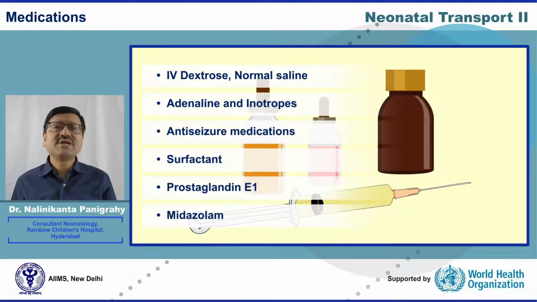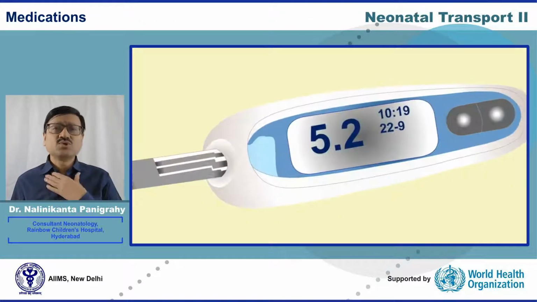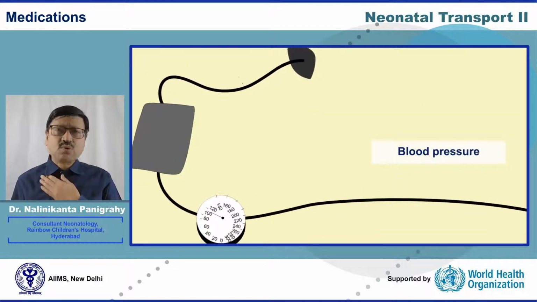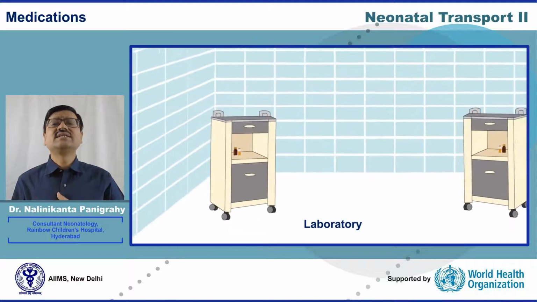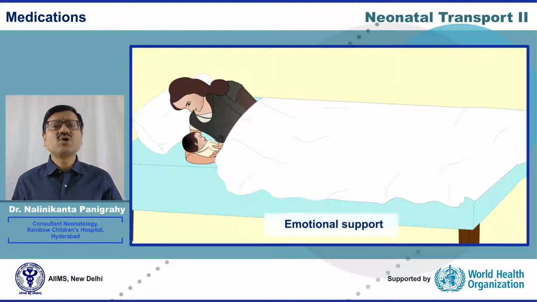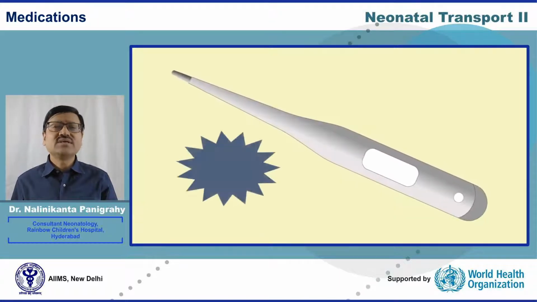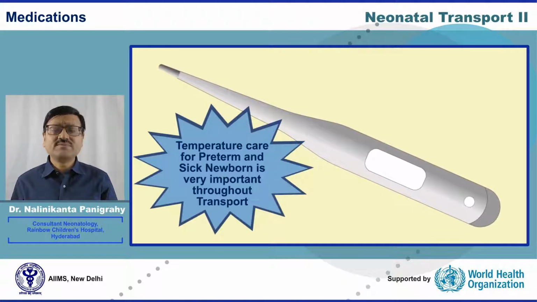So these are the basic medications that should be ready, and we should maintain the sugar, temperature, breathing, and blood pressure support, with laboratory support if required, and emotional support is primary. This all we should achieve. But we should remember that among all these things, temperature care is very, very important in small